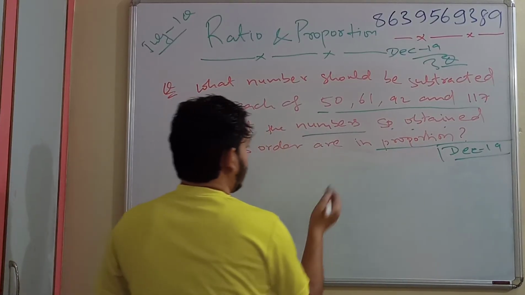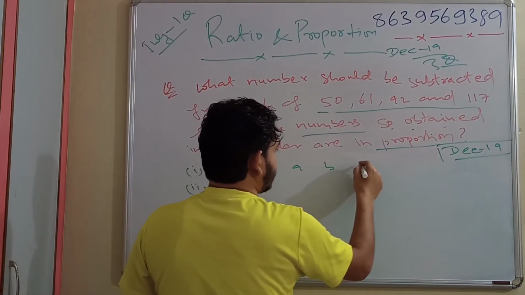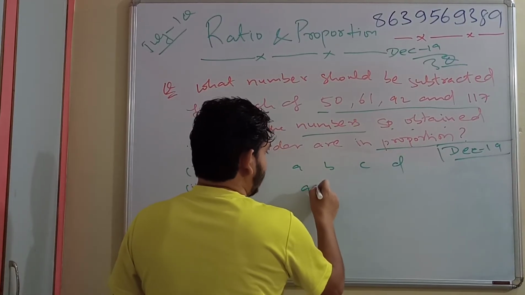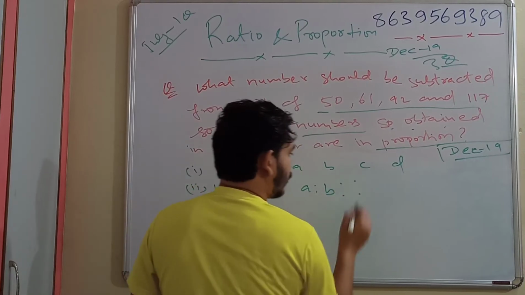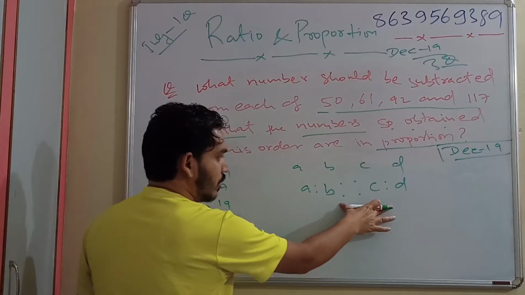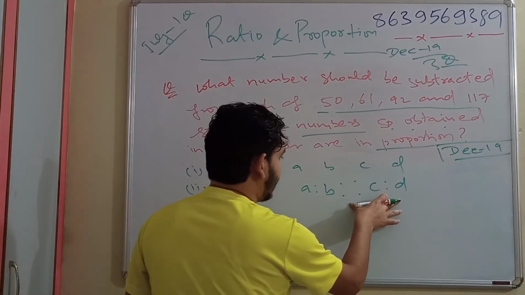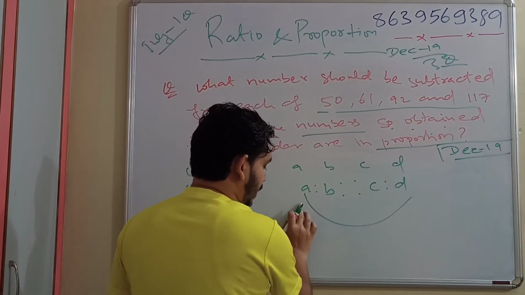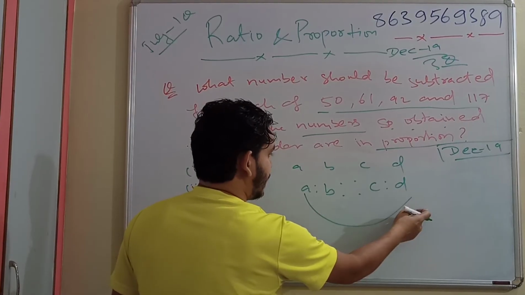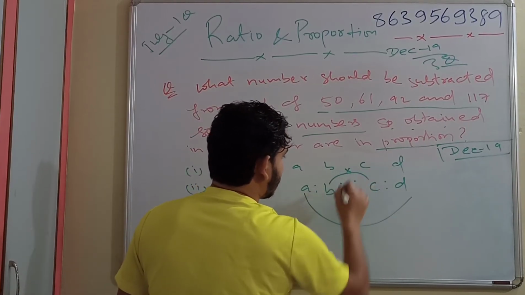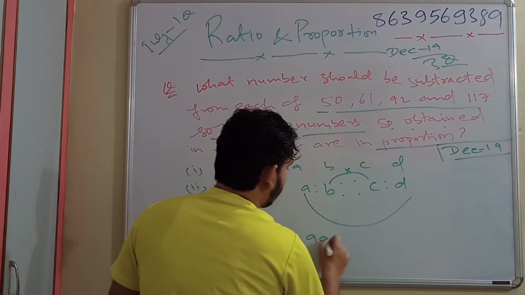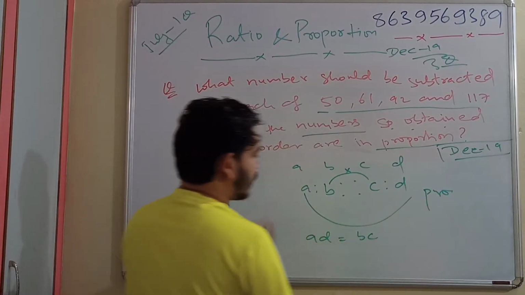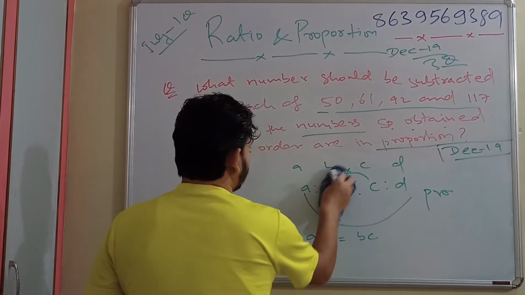Now what is proportion? Let's take, if I write four numbers as A, B, C, D, if these four numbers are in proportion, that is written as A is to B, double colon, C is to D. So this is how a proportion is written. Now what it means is nothing but the multiplication of extremes, the multiplication of the two end elements will be equal to the multiplication of the two inside elements, nothing but AD is equal to BC. So this is the proportion concept. AD is equal to BC. Now let's do that question.